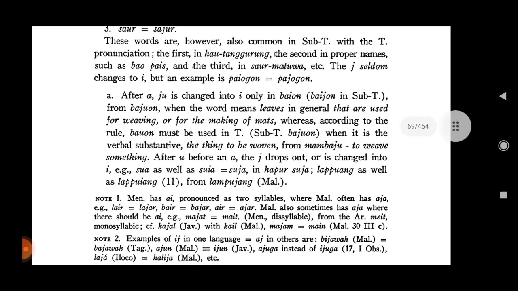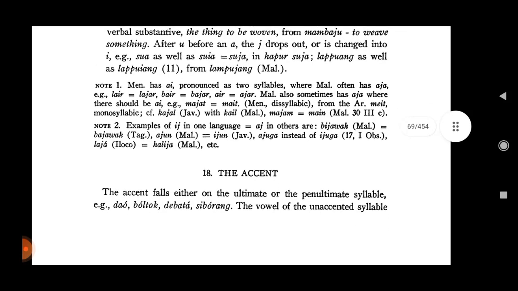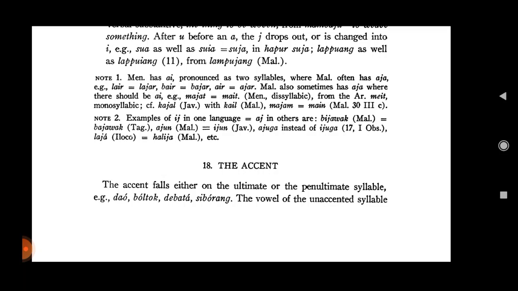These words are, however, also common in Subtoba with Toba pronunciation, the first in Hau Tanggung, the second in proper names such as Bao Pais, and the third in Sau Matua, etc. The ye seldom changes to E, but the example is Payogon. After A, U is changed into E, as in Bayon in Toba, or Bayuon, when the word means leaves in general that are used for weaving or for the making of mats, whereas according to the rule, Bayuon must be used in Toba, Subtoba, Bayuon when it is the verbal substantive, the thing to be woven, from Bayu, to weave something. After U before an A, the ye drops out or is changed into E, e.g. Suya, in Hapuksuya,